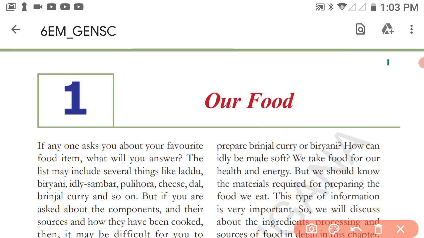Okay. So now, listening about food, our mouth waters. Some of the food items we like, some we don't like, some we might have eaten, and some we might have only heard of but not eaten. So, let us learn about all these in detail in this chapter, and we will also be discussing our favorite food items. Now, how does our favorite food item get prepared?